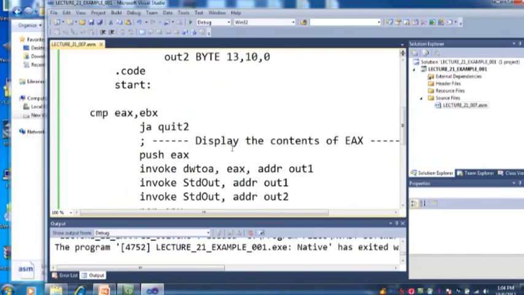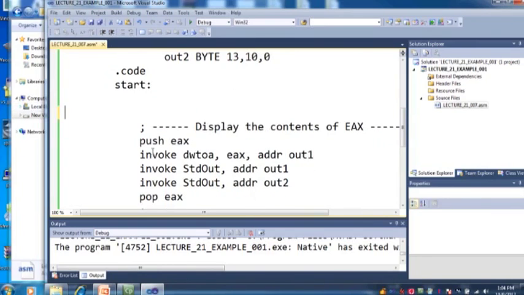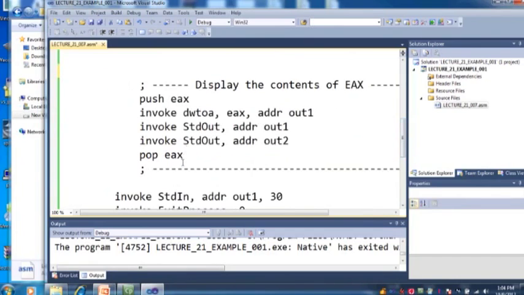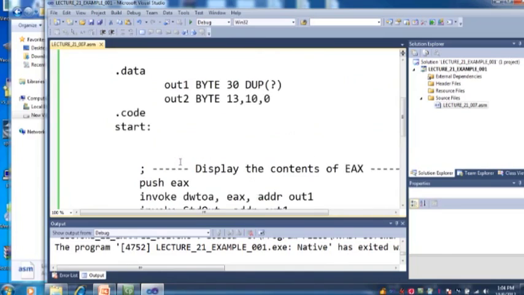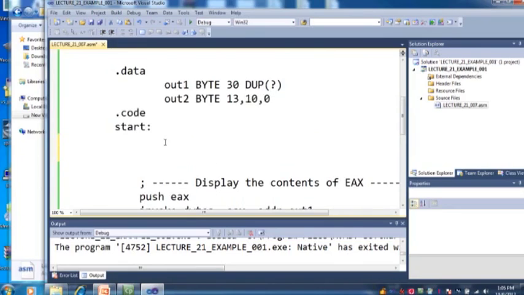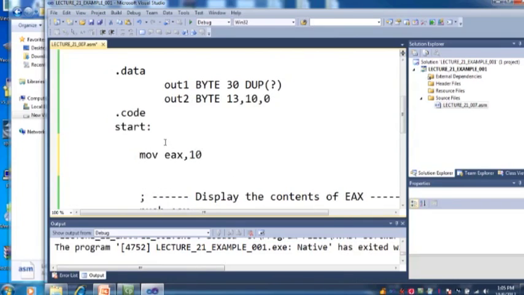So now we want to use the directive. For example, we don't need this comparison. So this is to display the contents of EAX only. Now this is available here. Okay, so what we are going to do here, we want to use the if directive. For example, in Microsoft Assembly, we can use move EAX comma 10, move EBX comma 12, and if